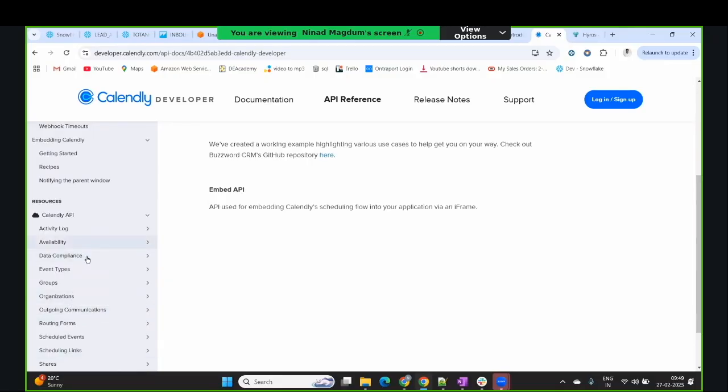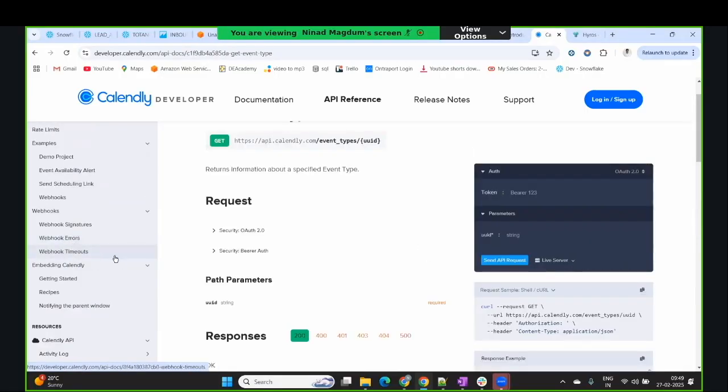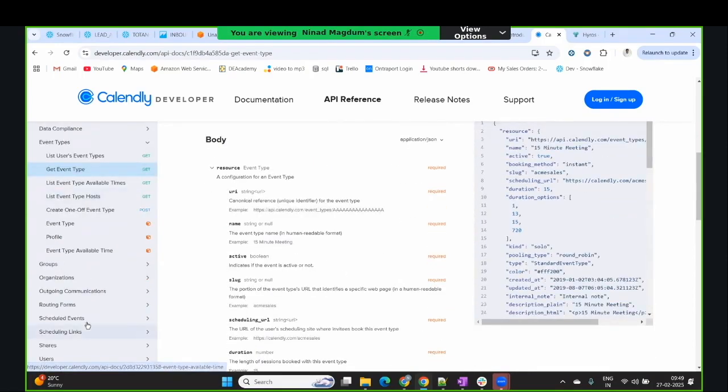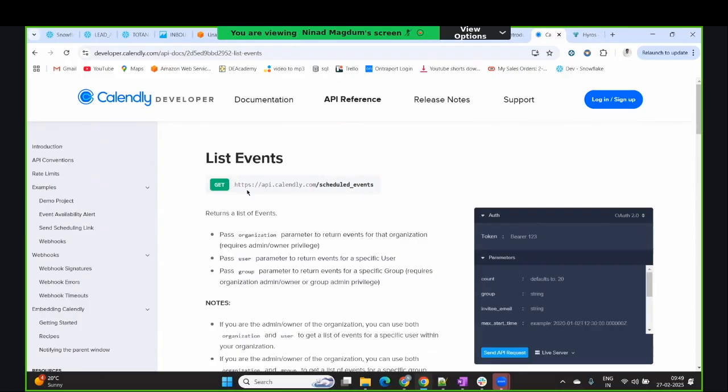API is an endpoint. So let's say I want to get all the Calendly calls scheduled. Availability, activity log, scheduled events. Okay. So what you get is this kind of link. You can hit this link and understand what all calls were scheduled under Data Engineer Academy's Calendly